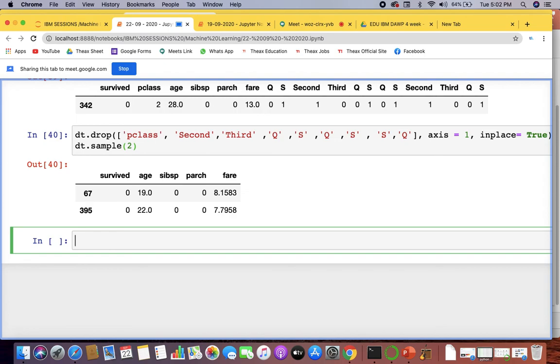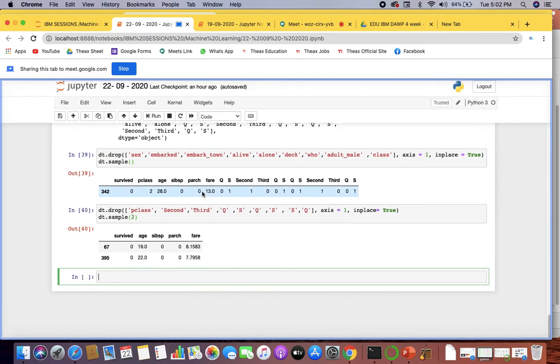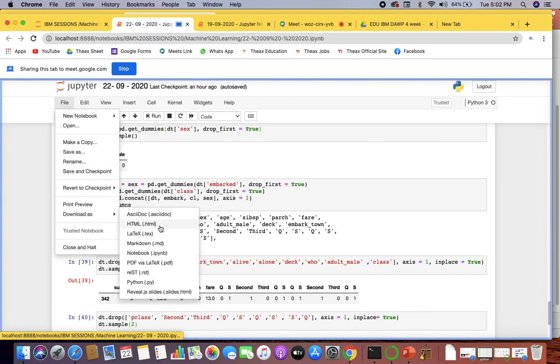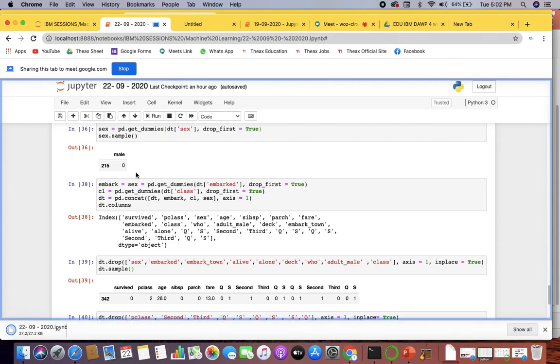So today your work is to make a model on the basis of whatever we have made, right? I'll be uploading this one to the drive. So on the basis of this,